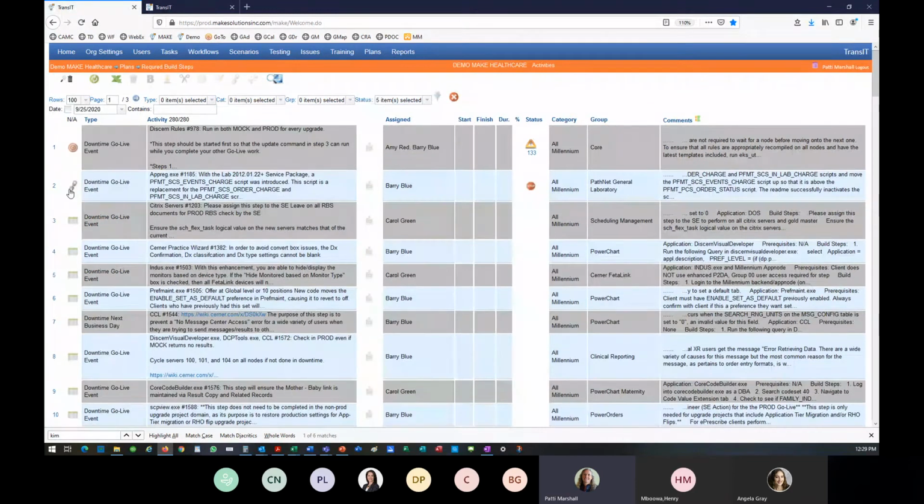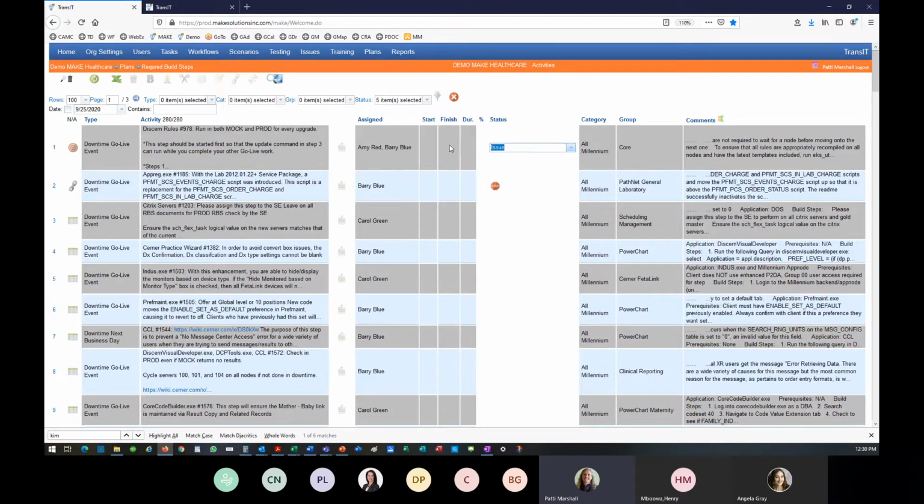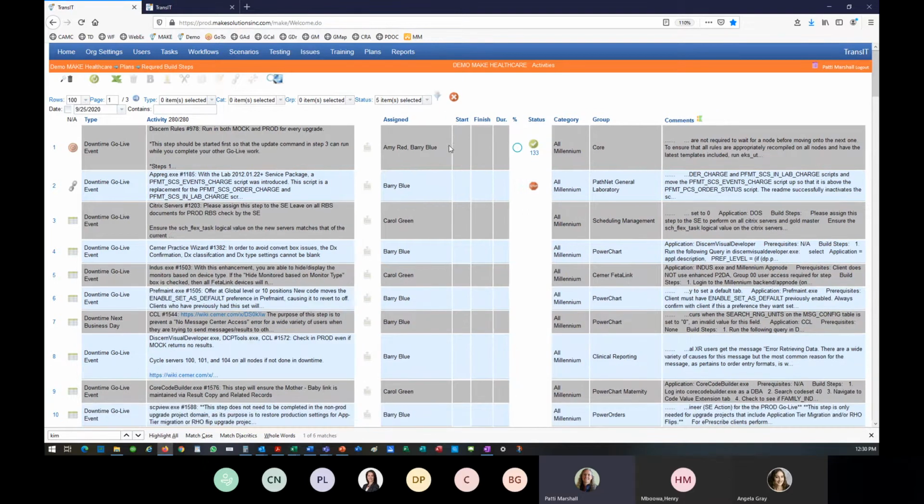And we do have, I think we showed this last month, the ability to put in dependencies. So this link here means that this activity is dependent on something else, and what it happens to be dependent on is this one here. So it says here that this row needs to be completed before rows 2, 3, and 4 can be completed. So if I actually complete this task out here, so if I go in here and I say, okay, this one's no longer an issue, it's actually completed, and I refresh my screen,